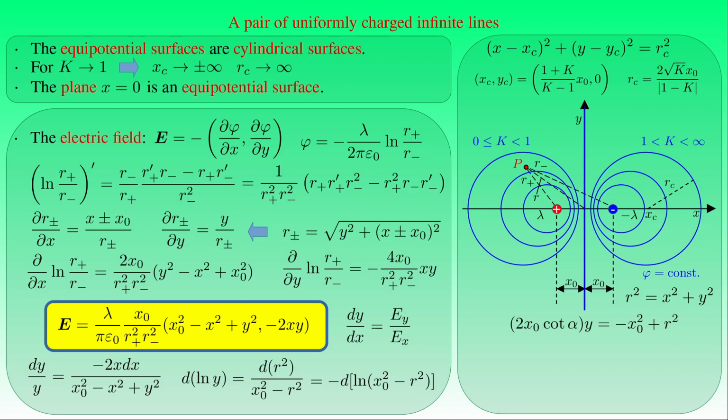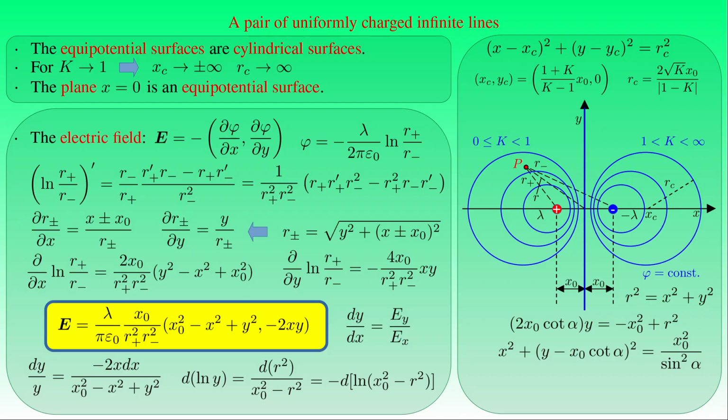As a result, we obtain an equation stating that 2x naught times cotangent alpha times y is equal to minus x naught squared plus r squared. If we substitute x squared plus y squared into r squared and complete the square for the y coordinate, then the result is an equation stating that the square of the x coordinate plus the square of the difference between the y coordinate and x naught times cotangent alpha is equal to x naught squared over the square of sine alpha. This expression is also an equation of circles with the centers lying on the plane x equals 0,